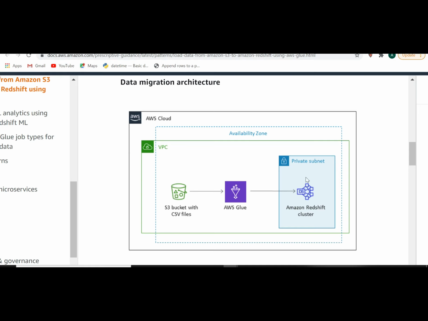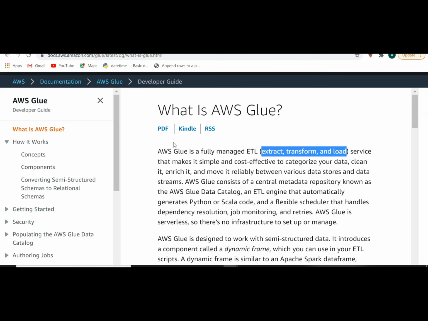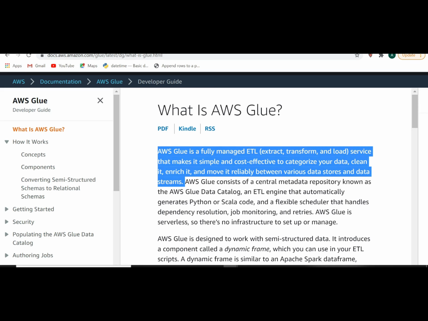So what is AWS Glue? If you look at the AWS documentation, you can see that AWS Glue is a fully managed ETL service that makes it simple and cost effective to categorize your data, clean it, enrich it, and move it reliably between various data stores and data streams. Basically, Glue is managed.